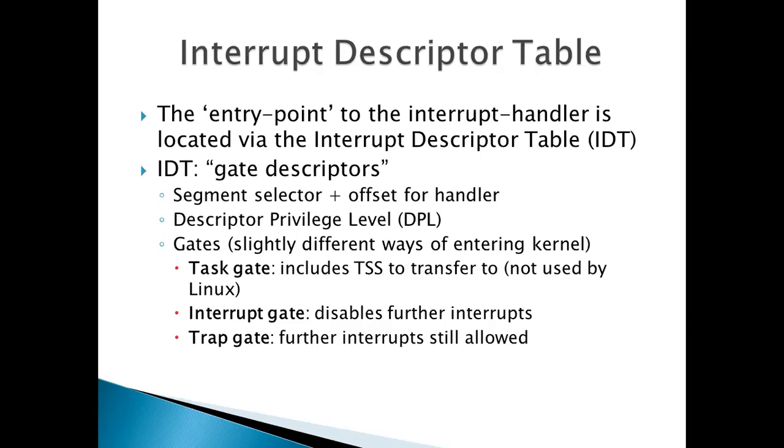Okay, so that is the expected entry point where the interrupt is identified, right? Identification of interrupt is the one point we have seen. There we initiate with the interrupt descriptor table, so the entry point to the interrupt descriptor table is expected as part of your gate descriptor. That is a segment selector plus the offset for the handler, that is, the exception handling mechanism. Together they maintain the information.